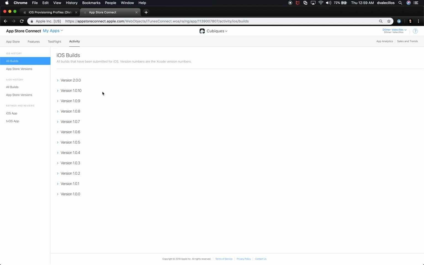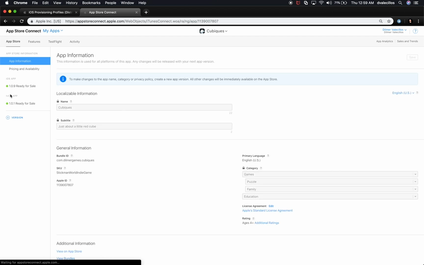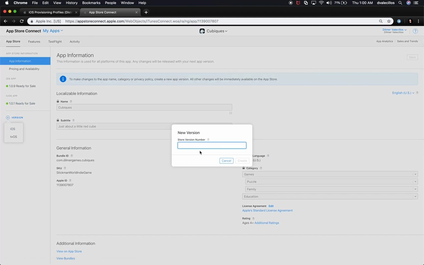So these are the iOS builds. These don't need to match what you have here. This is what gets displayed to the customer when they go and buy it. So what you can do is you can create a new version here. I can say, okay, I'm going to create a version 1. Let's say that I jump all the way to 2, because it's good to get to 2 now, and